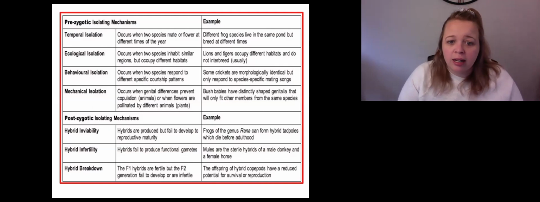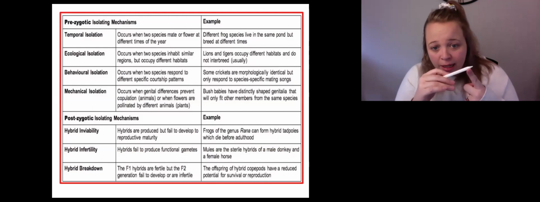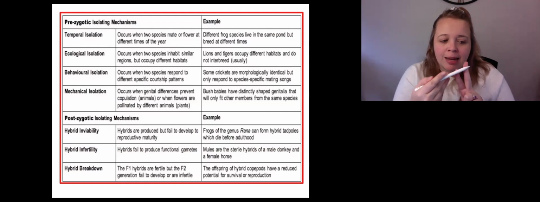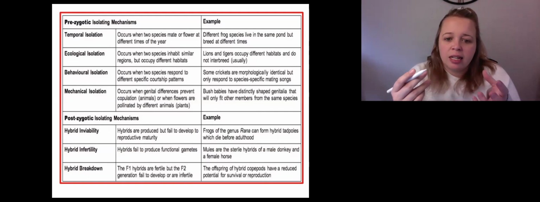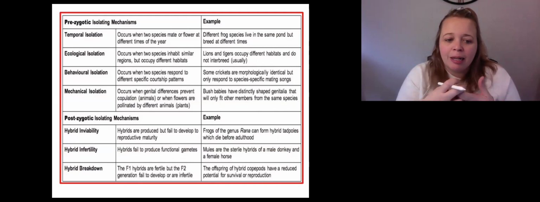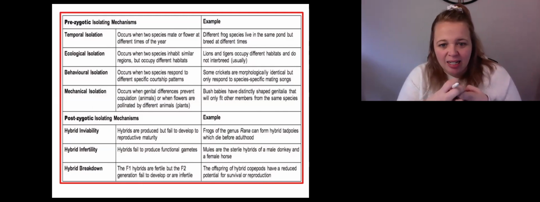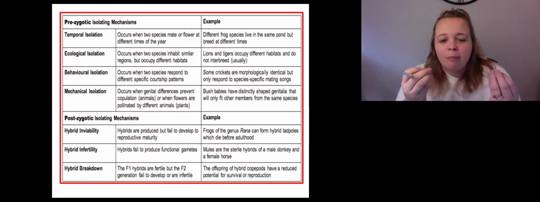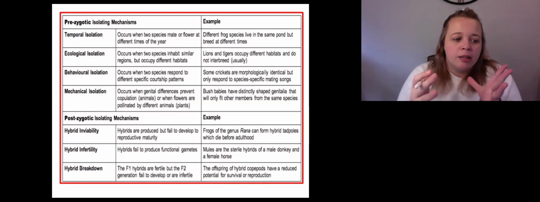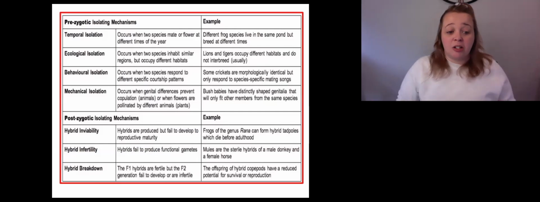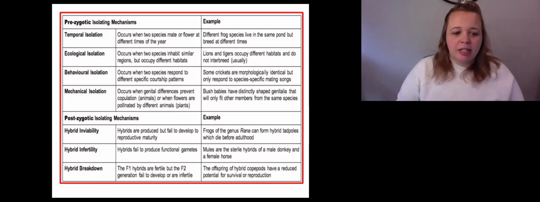Now, the next ones are some of the post-zygotic. So you manage to breed, but what is going to stop your offspring from breeding again? What is going to make them infertile? The first thing is maybe there are two different frogs that mate, but the tadpoles don't succeed. They die before they even reach adulthood. So therefore they had a baby, but it wasn't fertile. It wasn't viable, let alone fertile. The next one is that the hybrid, the combination of those two species, is actually infertile. And this would be the example of a